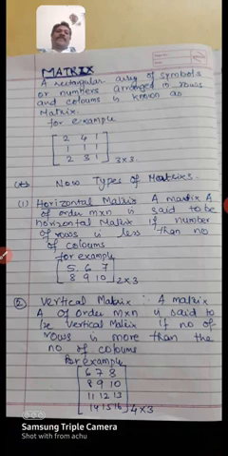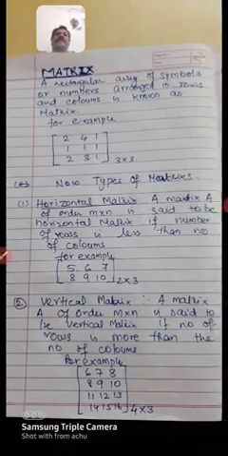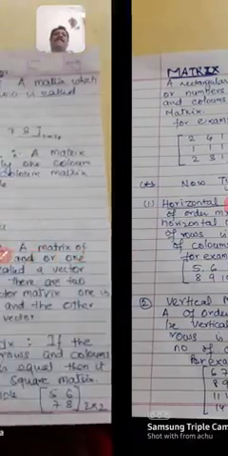Now second is vertical matrix. A matrix A of order m into n is said to be a vertical matrix if the number of rows is more than the number of columns. In this case, there are 4 rows and 3 columns. It is arranged in square brackets. Next,